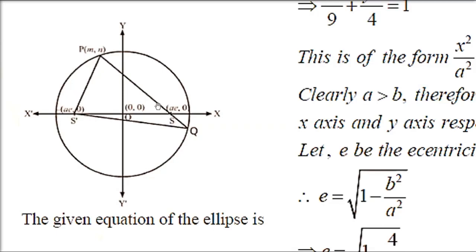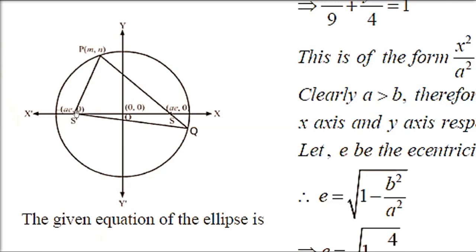What is the focal chord first of all? Any chord which is cutting the ellipse at two points and passing through the focus, that is called the focal chord. A chord which is passing through focus. So what we will do? See, this PSQ is there. It is a chord. So we assume, and it's given that SP is given, length is given. SP is given as 4.